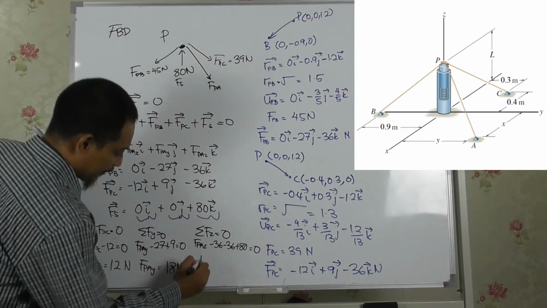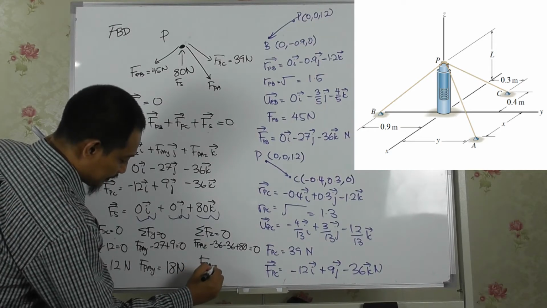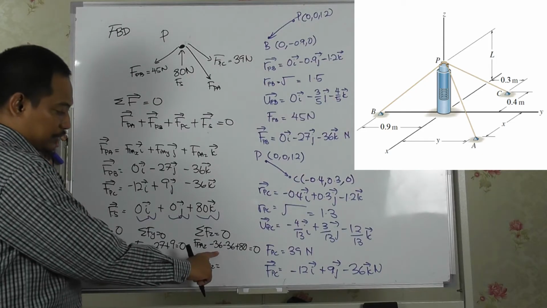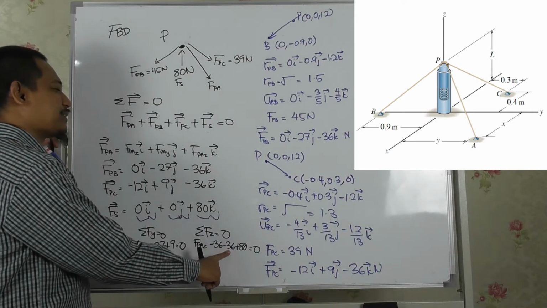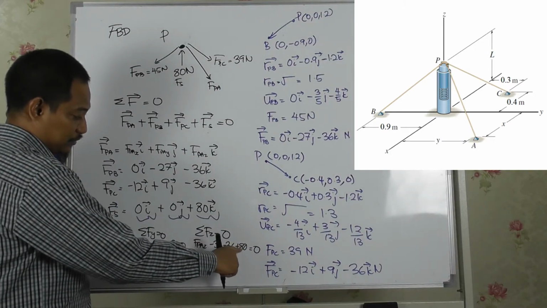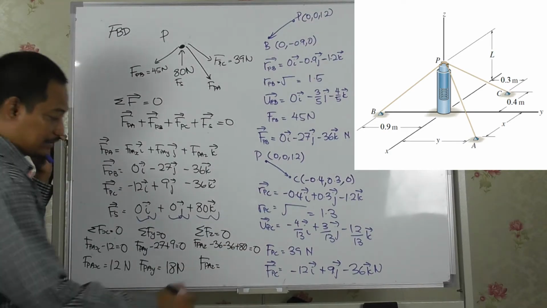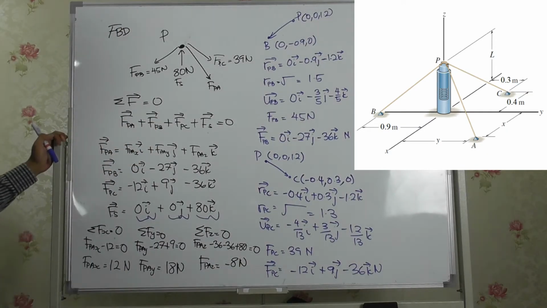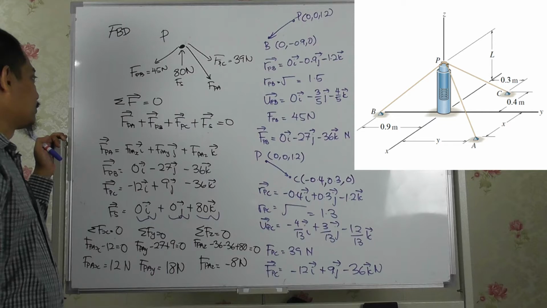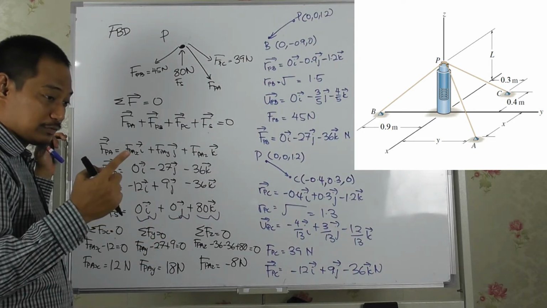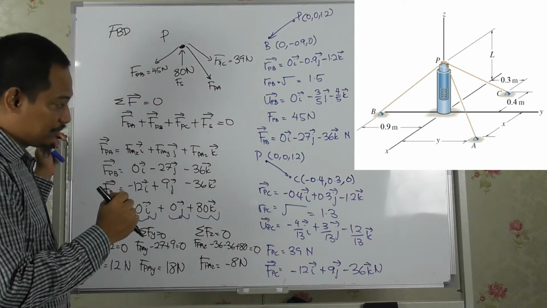So F_PA z equals minus 36, minus 36 becomes 72. Bring there, 72 minus 80 is minus 8, right? Minus 8 Newton, meaning that it goes down. So you can check whether it is logical, because if you see the diagram, if I place back the diagram,